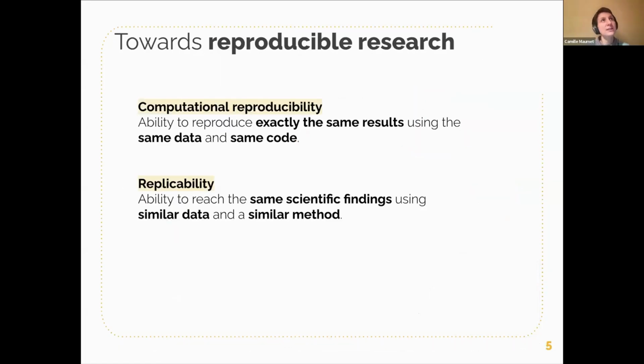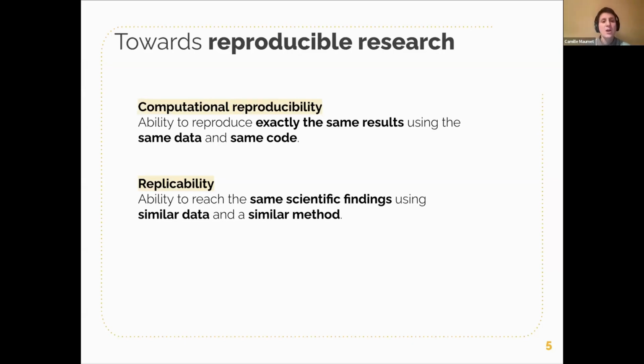So we've chatted about reproducibility, and before I get any further, I just want to set a few definitions, because reproducibility actually means very different things to different people. When we talk about reproducibility, I see it as a spectrum, and there are two ends of that spectrum. One end is computational reproducibility. It's our ability to get the exact very same results using the same data, the same code, the same environment. You keep everything the same, and you aim at getting the same results that were obtained in the original paper